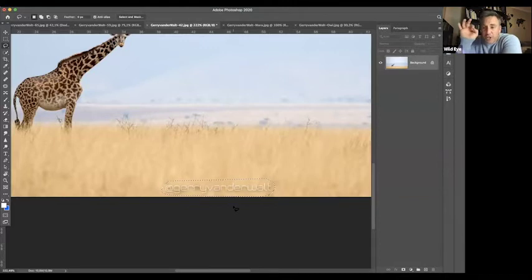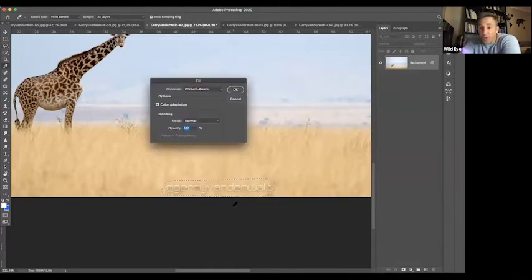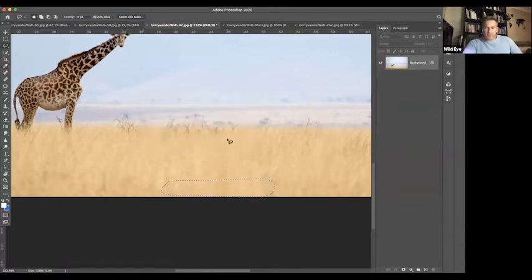With the area lassoed, I simply hit backspace or delete. That box pops up: Content Aware, which, one more time, means Photoshop's going to calculate everything around the area I've selected and build it up. When I hit OK, watch. Done. Click out, it's gone. Got it? How cool is that?